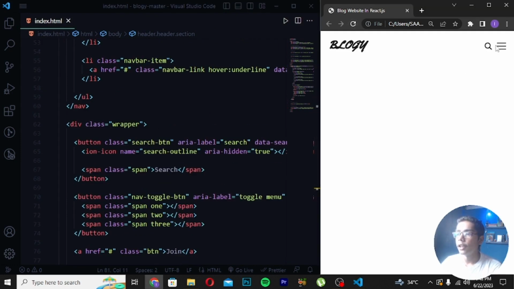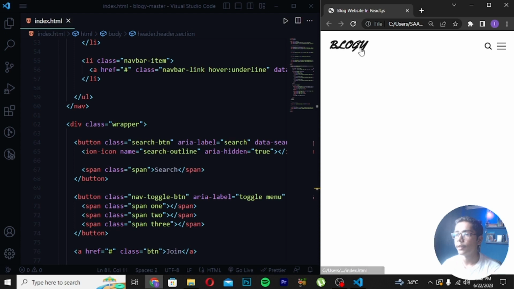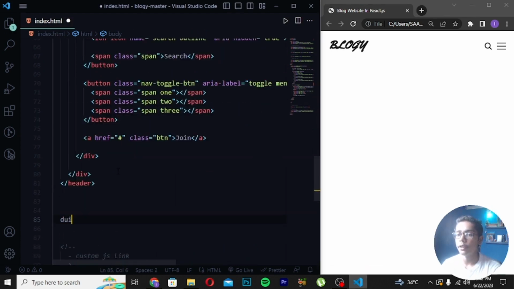reload. You can see now we are just getting here the nav bar which is having the burger effect as well, which is saying home, recent post, membership, and the search box as well, and the Bloggy logo we are getting here. Now after moving this head down after this header tag, you have to create a div class search